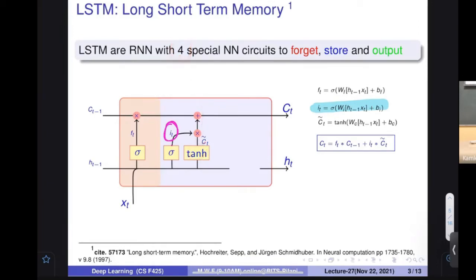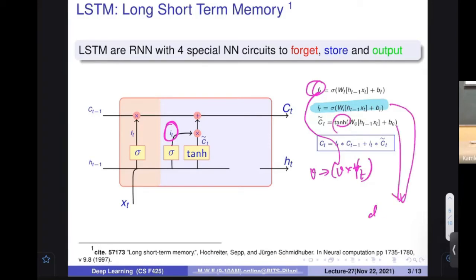It is going to tell me in which direction I'm going to have this. Once again, V has been multiplied by this VF, V multiplied by F at the T. Then I'm going to use these two quantities. What are these two quantities? One applies tanh, meaning what is the direction, and another is what is the quantity, how much I have to learn. And this value has been added to the previous thing. Okay. Once again, it is going to be added to the previous thing.